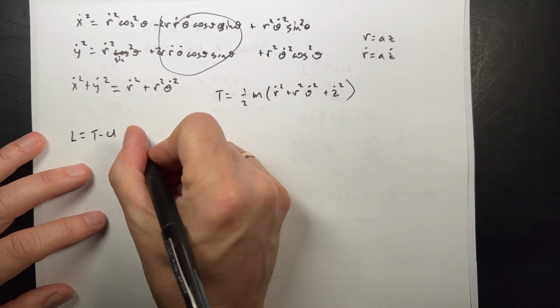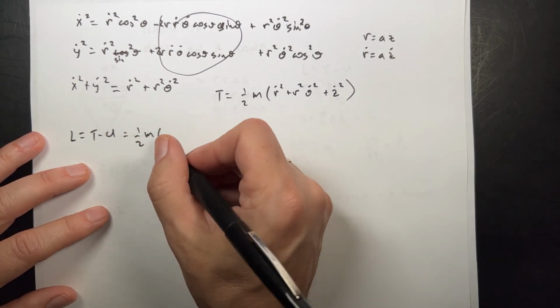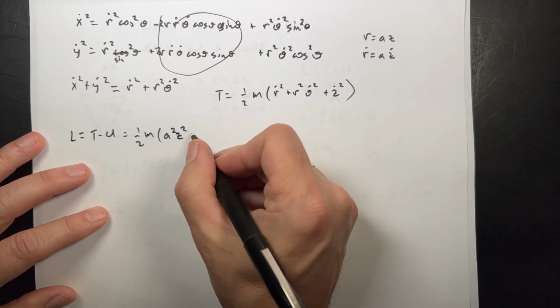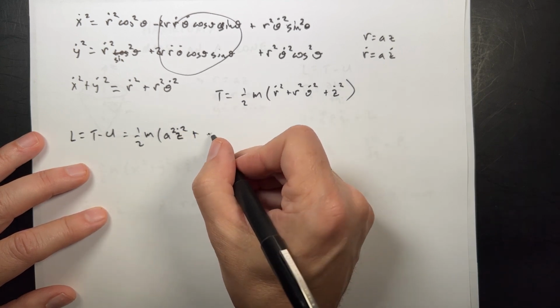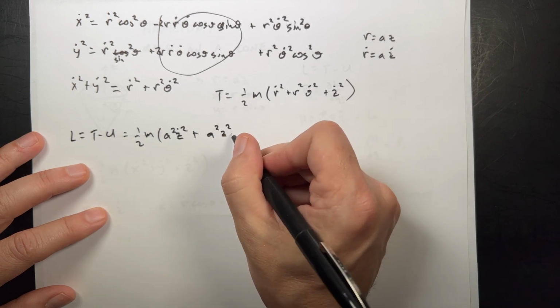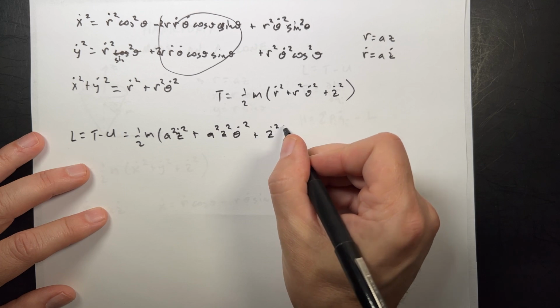So I get 1/2 m. r dot squared is going to be equal to a squared z dot squared. r squared is going to be a squared z squared theta dot squared plus z dot squared